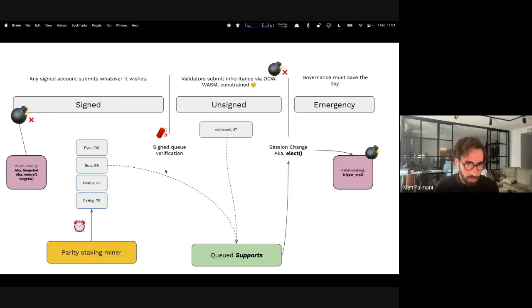And this verification also isn't as memory intensive, but it is still quite weight intensive, because you need to go and check all the edges and check all the nominators, and so on. So the off-chain worker runs out of memory, because remember, this code runs on-chain, but it's rather simple code. This poor off-chain worker, but this Parity staking miner is doing a huge amount of computation, but